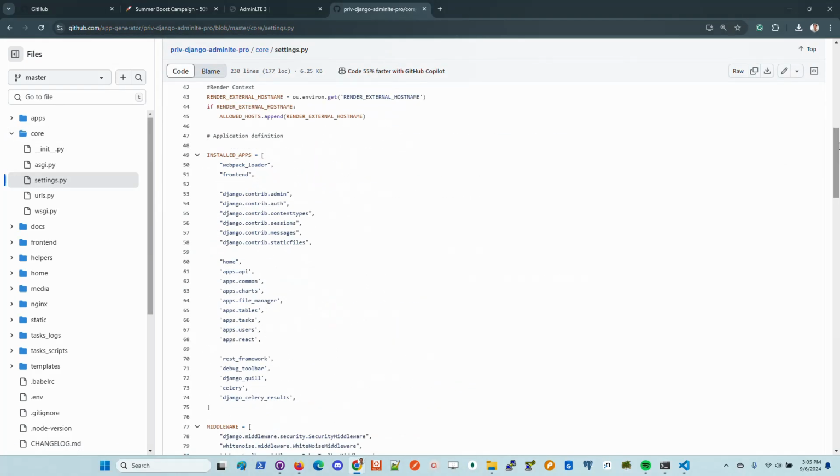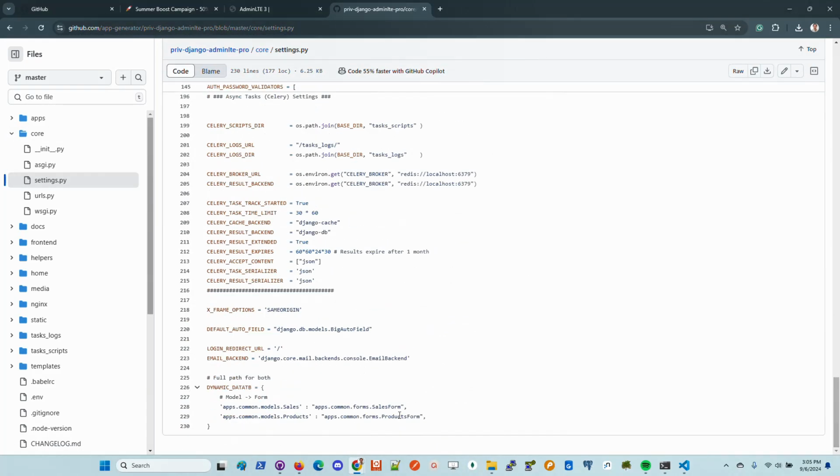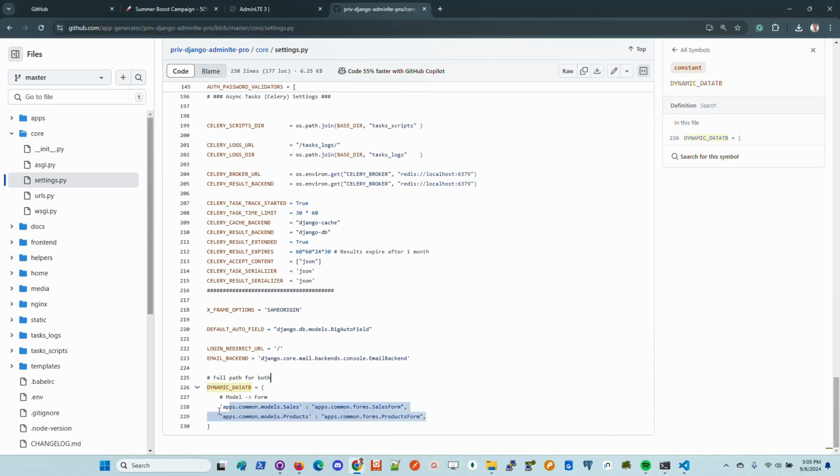If we go at the end, there is a new structure here that defines the models that need to be managed by the dynamic data table, and each line manages a single model, and we need to have the full path to the model and also the definition for the form. In this case we have two models, sales and products, and